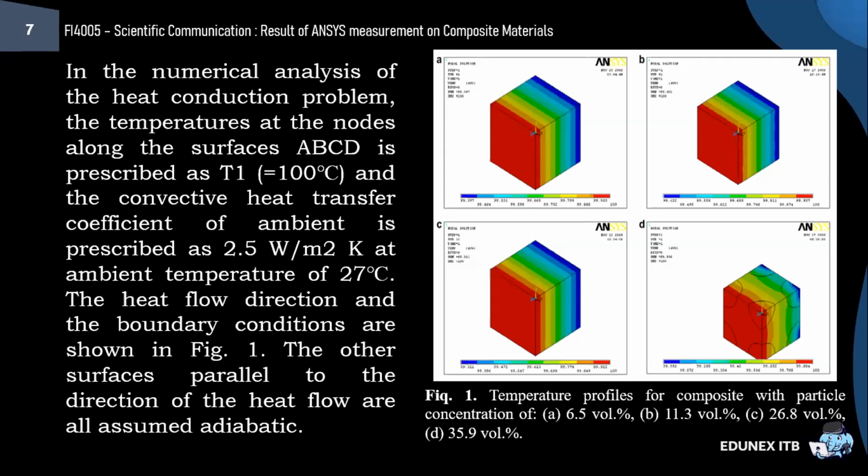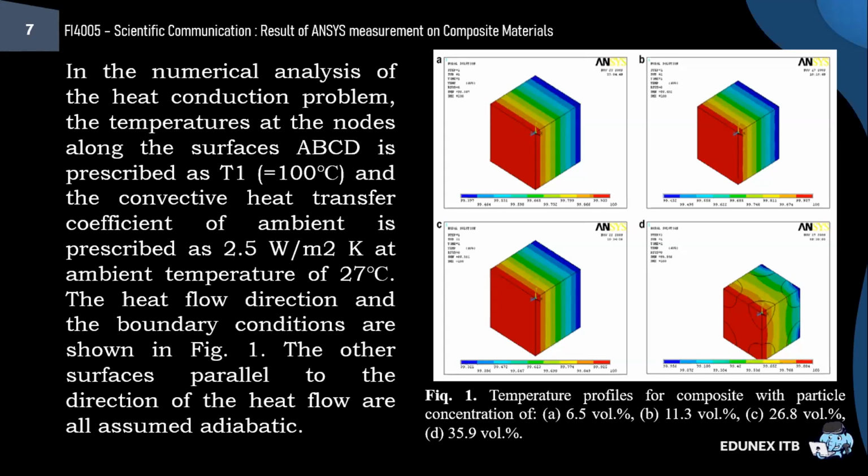Volume fractions are A 6.15%, B 11.3%, C 26.8%, D 35.9%. In the numerical analysis of the heat conduction problem, the temperature at the nodes along the surface ABCD is